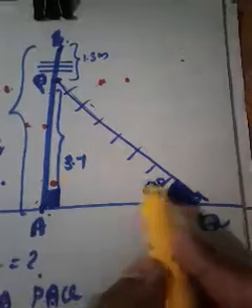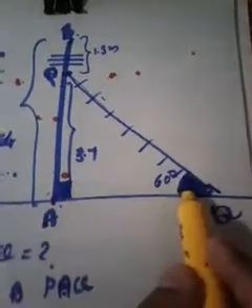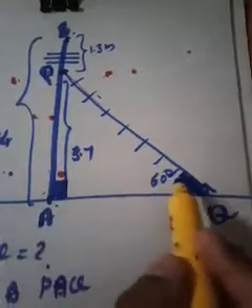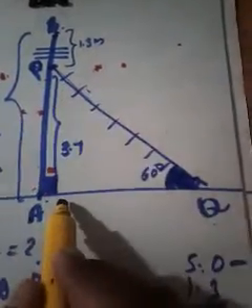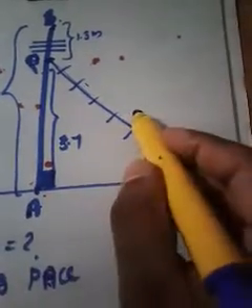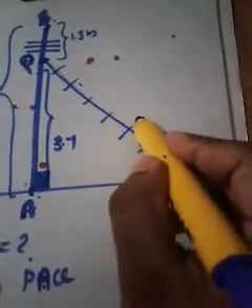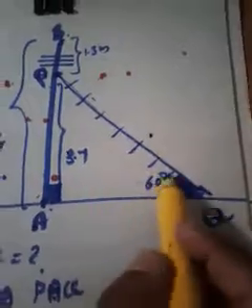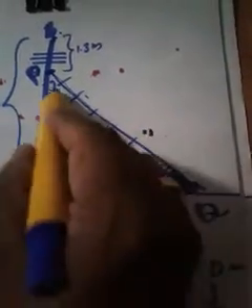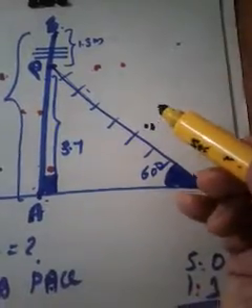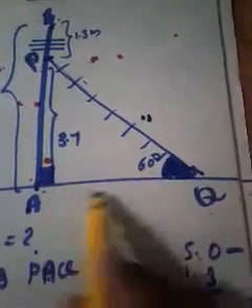According to 60 degree, now we have the opposite side because we calculated this side. So according to 60 degree, this is the opposite side. And we need, according to 60 degree, the hypotenuse. Isn't it? Because in this right triangle, this is the hypotenuse and that hypotenuse represents the length of the ladder. So we need the hypotenuse, and according to 60 degree, this is the adjacent side.